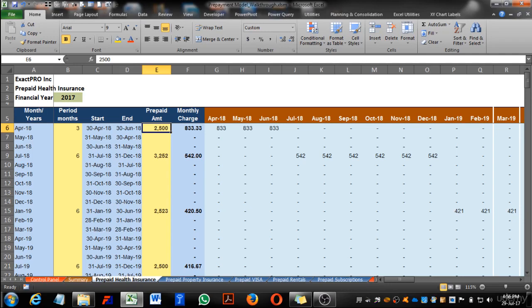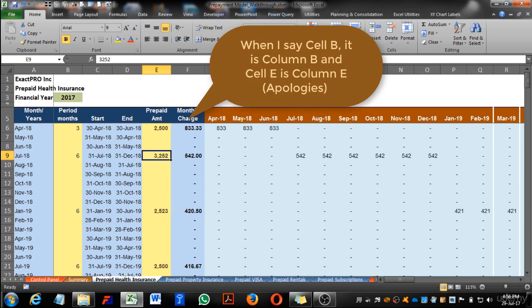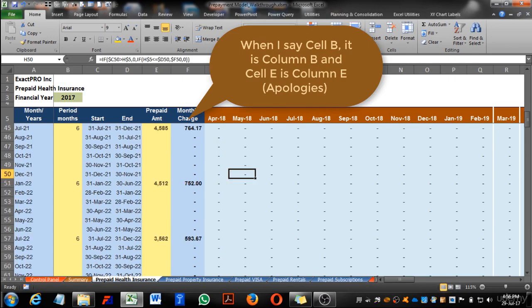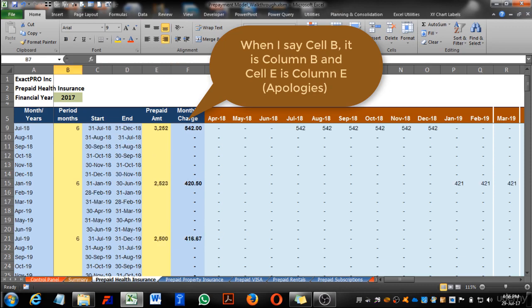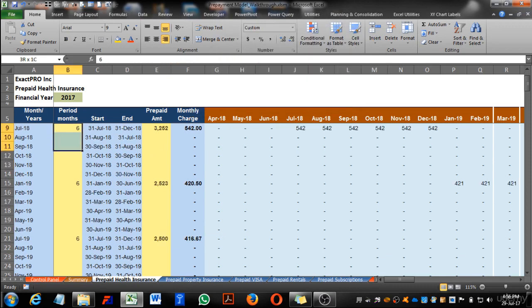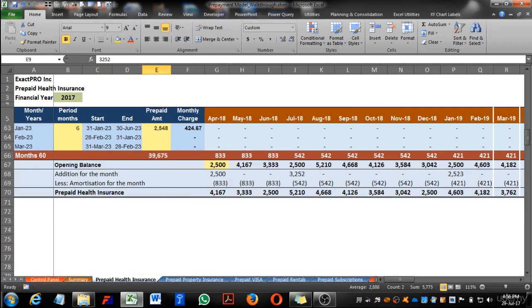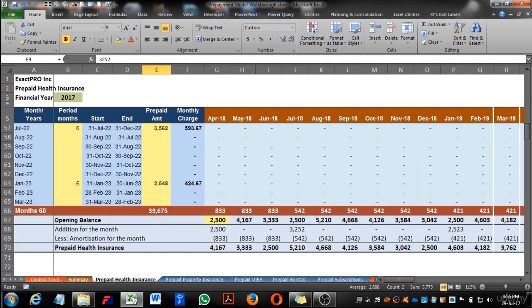Now let's talk about some protection in our template. So as you know, cell B and cell E are for the data inputs and the rest of the cells are formulas. That's the reason they have been colored separately. Yellow is for the input cells, and these cells we want to keep always free for data input. The rest of the cells we want to lock in order to protect the integrity of the model and make sure that nobody accidentally deletes any formula, because it will break our model entirely.